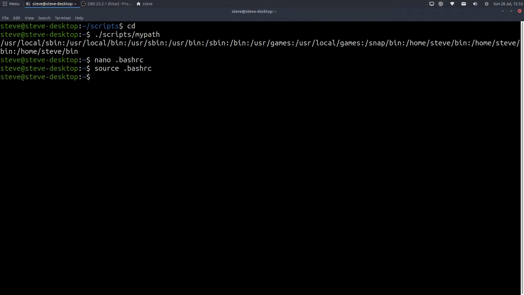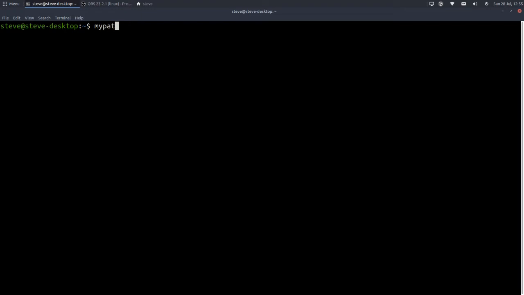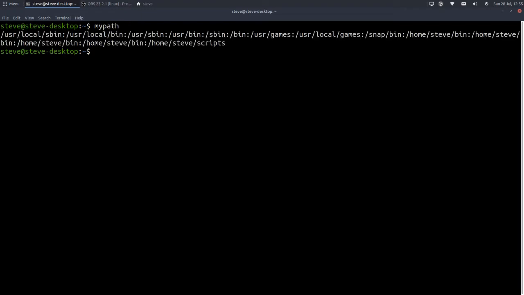and I'm going to try running my path. So echo $PATH. There you can see at the end I've now got /home/Steve/scripts. So in theory now, if I just type my path, let me clear this, it should work. And it does. So paths are all about what the terminal can see, where it looks to launch an executable